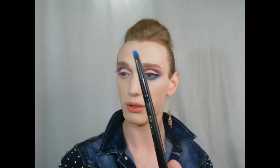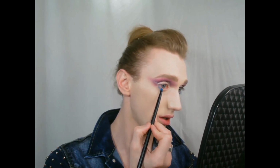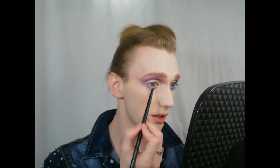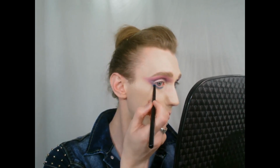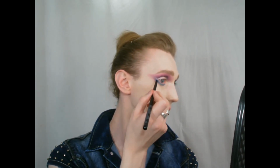I'm just going to really coat that brush, tap once, and then just run it along the lower lash line and blend. Secondly, I'm also going to take this up into that purple that we have underneath where our cut is, so that we have a nice seamless blend